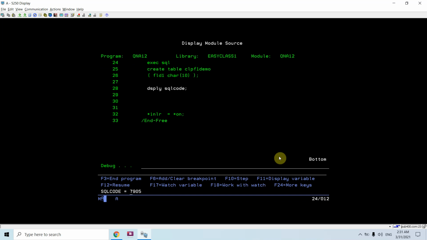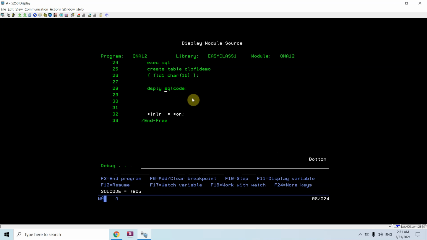For this warning, if there is a requirement, you need to journal your table. If you are using commitment control, then you need to journal that table. If you are not using commitment control and you are not maintaining the primary key and foreign key relationships, then you don't need to do the journaling or maintain the commitment control.